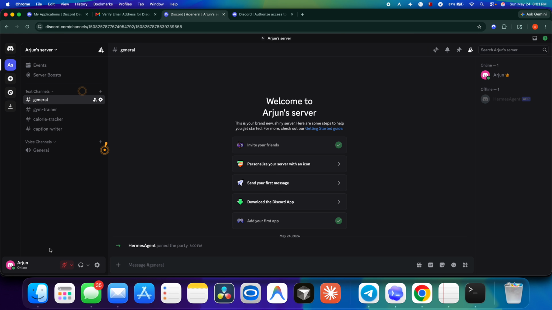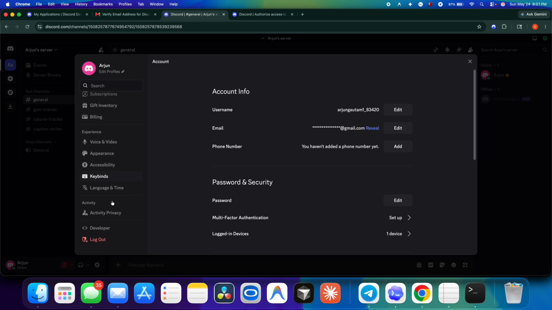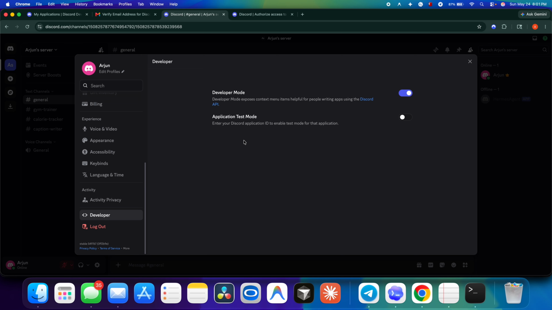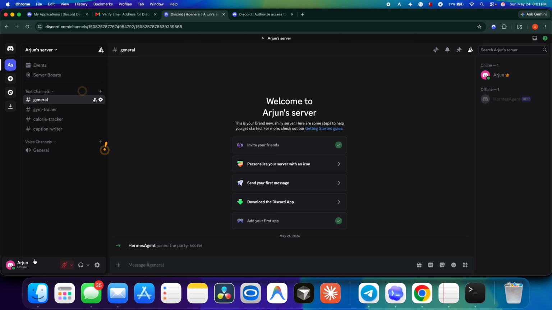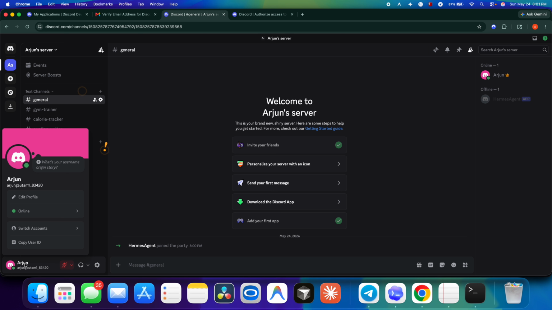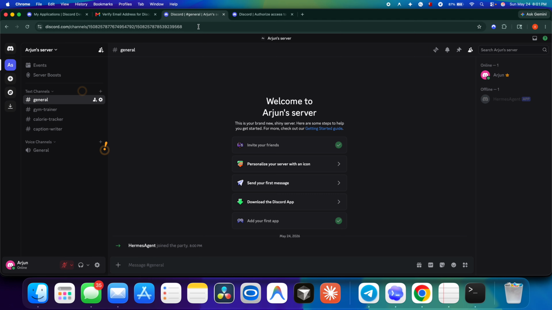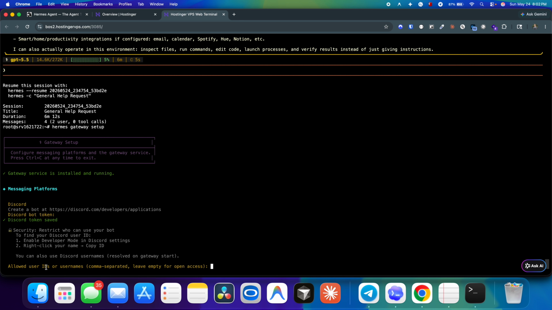And now if you go to the Discord, click on user settings. If you scroll down, you have this option called Developer. Simply open that as well. The next thing is you just need to click here on your username and click on Copy User ID, and go to the terminal again where it says allowed user ID on this Discord setup, and paste it here